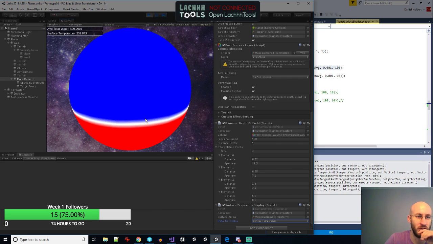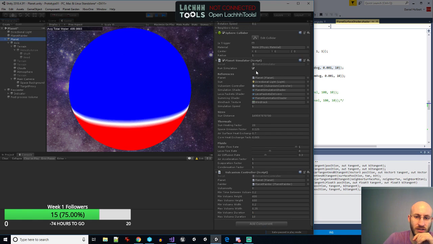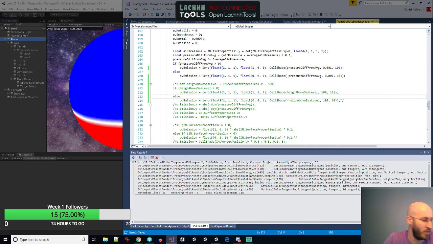So with that, what I want to do is make it easier to switch between these different visualizations, and so I can just do a drop down and bam, look at this, bam, look at that. To do that, on the planet, it has the thing that controls rendering a little bit, and so I'm going to give it a drop down of all these different properties, and then I'm going to pass that through to the shader, and then that shader will do different things based on that value it receives. So with that in mind,